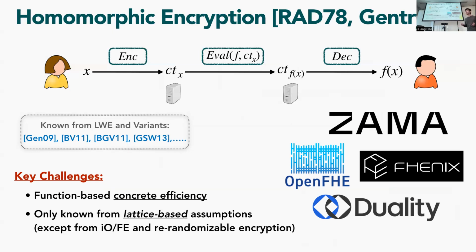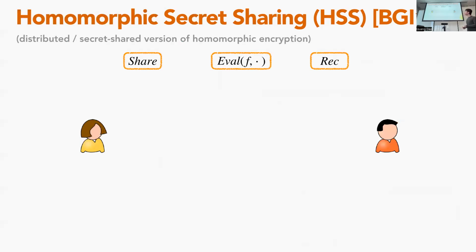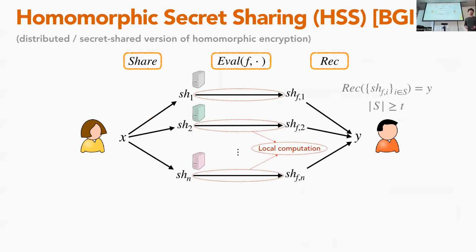Well, in our work, we address these not by looking at FHE itself, but by looking at a weakening of this primitive known as homomorphic secret sharing. It's basically a distributed version of homomorphic encryption, wherein you replace encryption and decryption with sharing and reconstruction. So the workflow looks something like this. You have